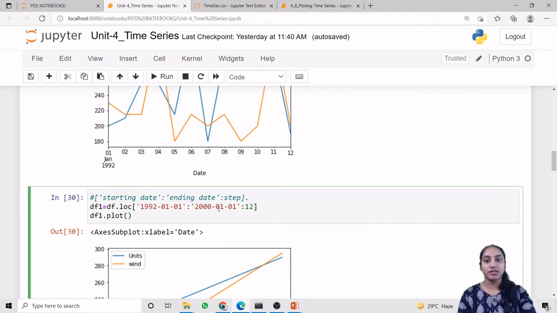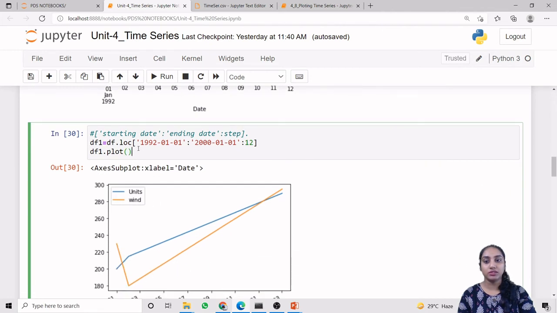So we are skipping 11 values by taking one. So this is also a portion of representation. Like this we are representing from January 92 to 200 with a step size of 12.